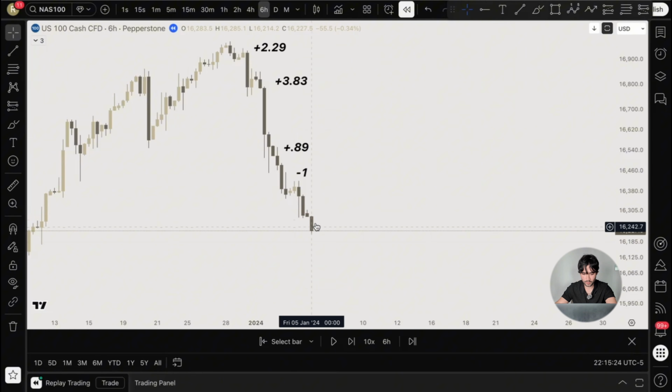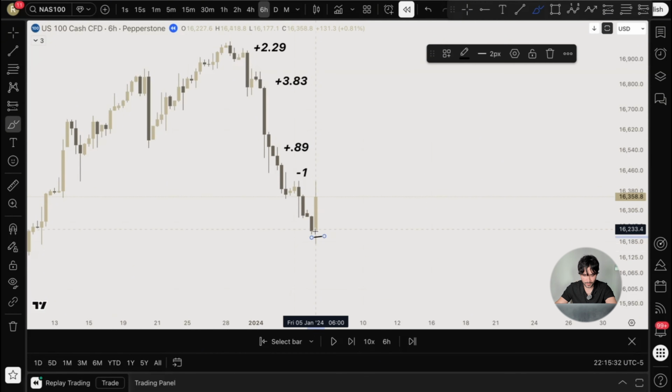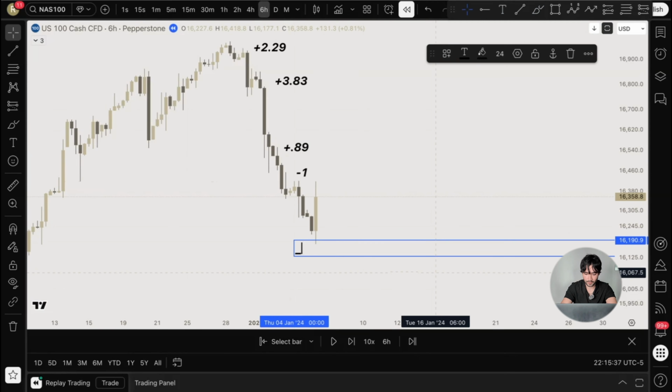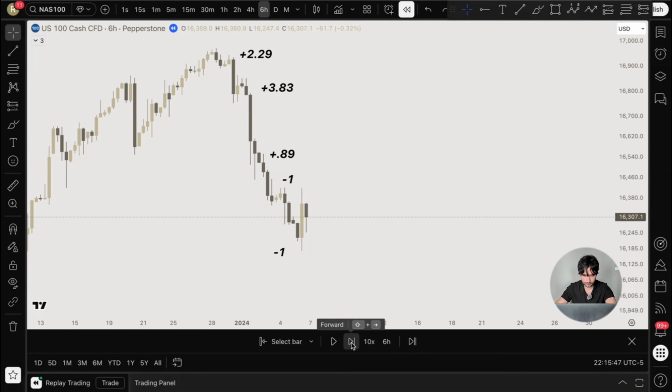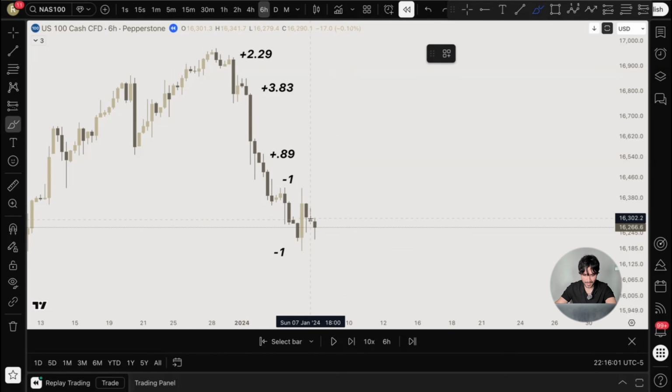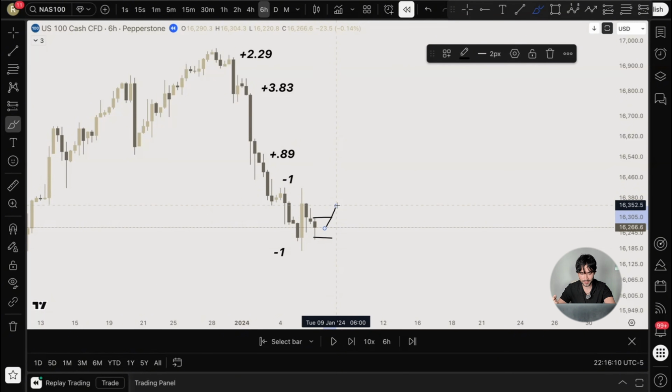And now that we have our next 12 a.m. candle, we'll just let price do the talking. And as you can see, again, we grabbed the low and then decided to run the high. So that is just going to be another -1 for the system. And now that we have our next 12 a.m. candle, again, you're setting orders at the highs and lows. And it's also important to note that if the low gets grabbed first, you are closing the buy, or if the buy gets grabbed first, you are closing the sell.